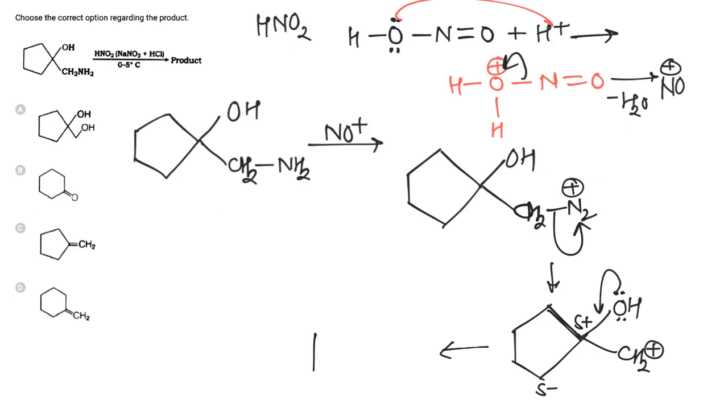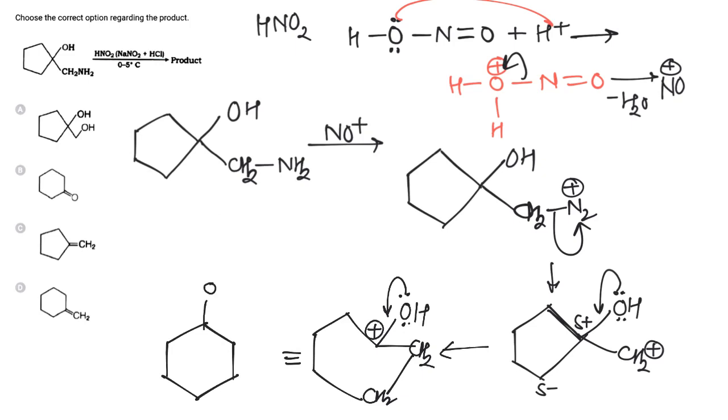So it will be converted to OH positive CH2 CH2, and these are combined together. Now ring is converted to 6-membered ring, and this carbocation is stabilized by alpha effect of OH. So this can be written similar to this. Finally hydrogen protons are shifted, and after removal of H positive ion, it will be converted to cyclohexanone, and hence correct answer is B.